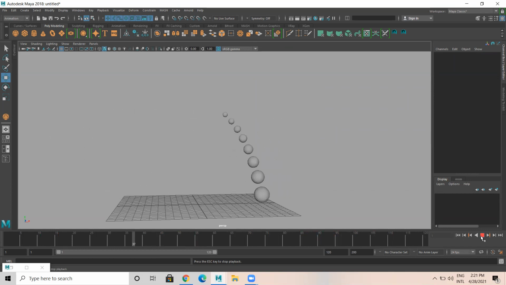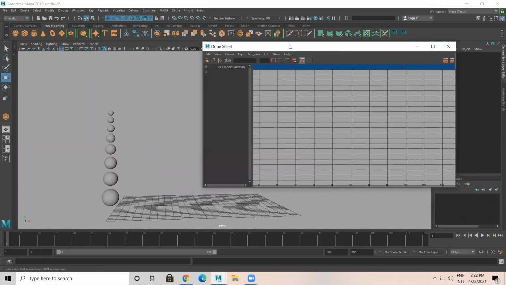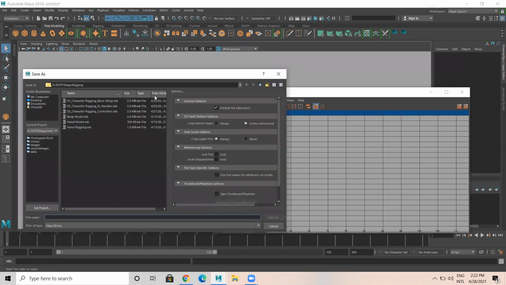Okay. Any doubts up to here? No, sir. Okay. Fine. So I'll save this as tail animation, pass to Maya, underscore dope sheet.